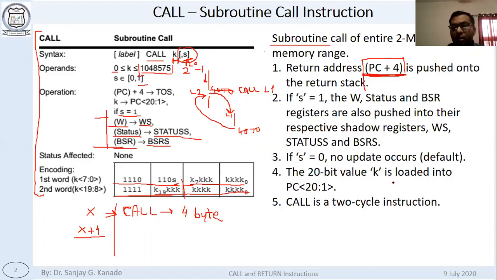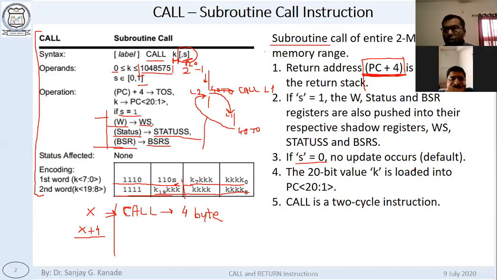Okay. But if you have written your program in such a way that you don't need to keep track of these 3 register values, then you can just ignore that. S will be given automatically as 0 by default, and there will not be any copy made for these registers. Okay.